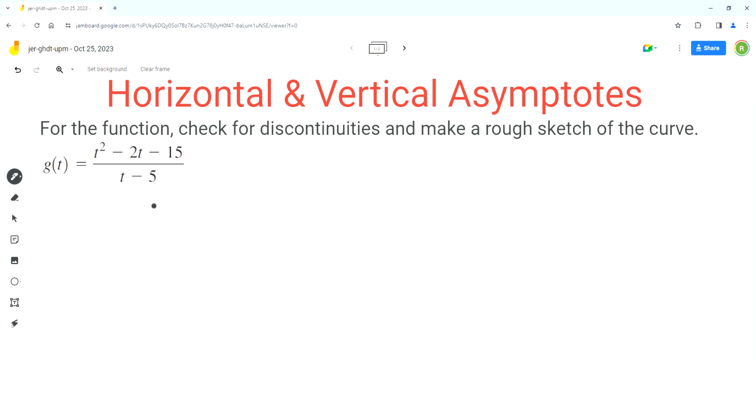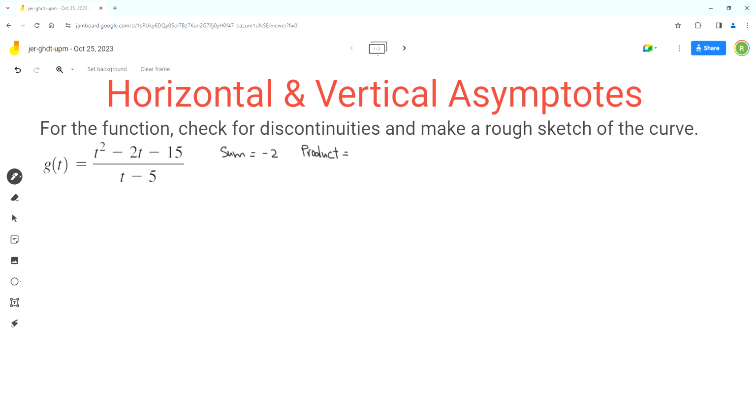Now this function is a rational function, and discontinuities in a rational function can be in the form of a hole or vertical asymptote. The first step is to factor the expression in the numerator. We cannot factor the expression in the denominator. The numerator is a simple trinomial, so we can factor it using the sum and product rule. We have to find two numbers whose sum is equal to -2 and product